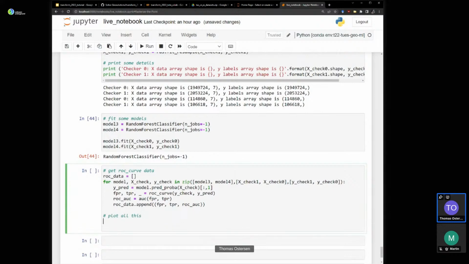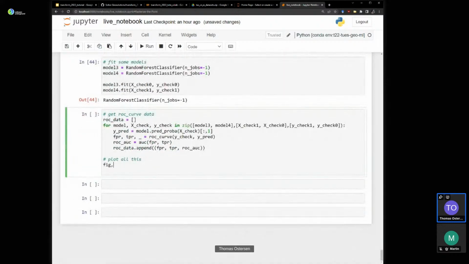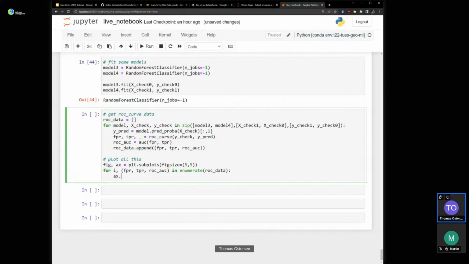Plot all this. So fig, ax subplots, figsize 5x5 for i, FPR, TPR, AUC, not AUC, in enumerate data. ax plot FPR, TPR, label checker AUC equals, and then we'll format i, because we use the model 3, which was trained on checker 0.